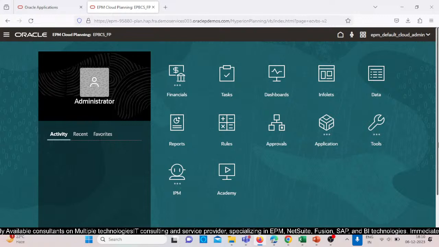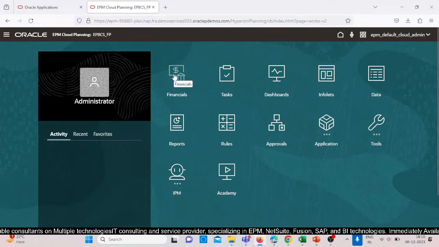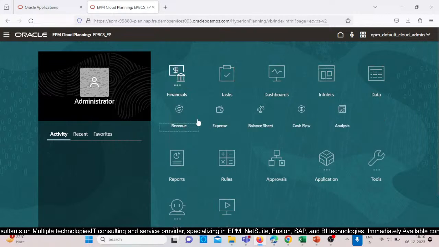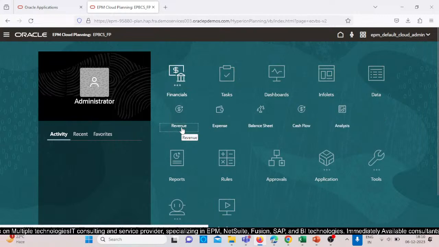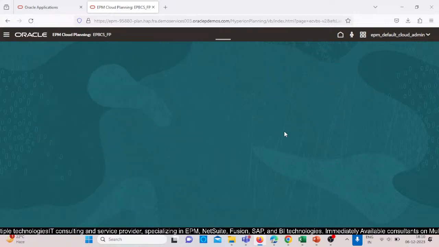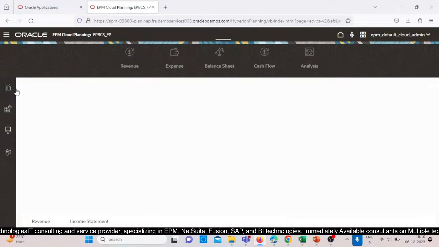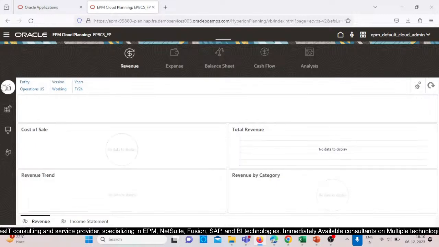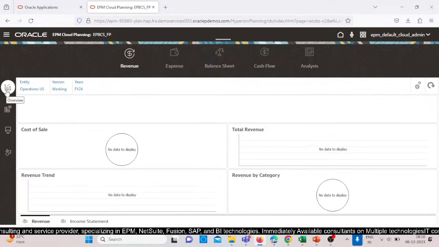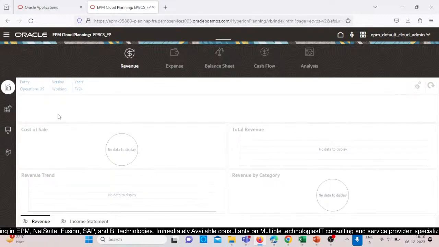Now what we have to do, you can see this cluster as financials, click on that, and currently we are doing the revenue planning, so click on this revenue option. From here you can see we have pre-defined things like this is the overview window, and this is driver and trend based, the indirect entry, then we have income statement. So first we will move to driver and trend based,